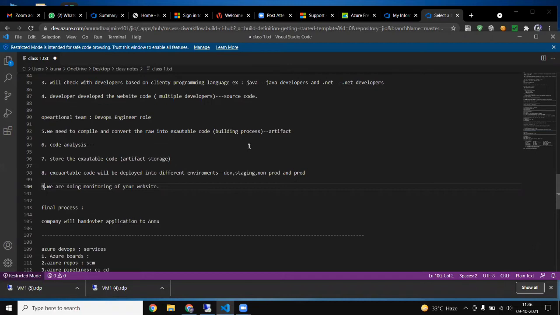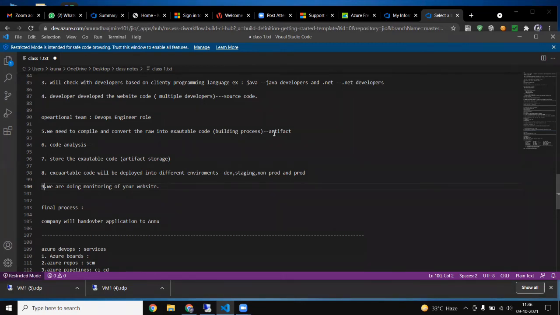We will compile it and convert it into executable code, or we can say we convert the human readable code into machine level code, or binary code.